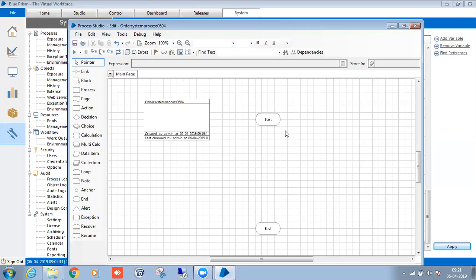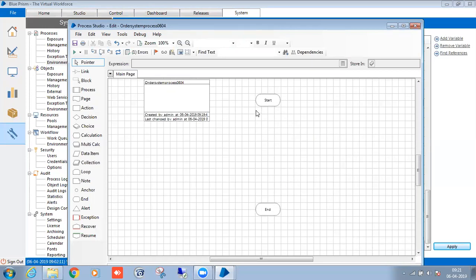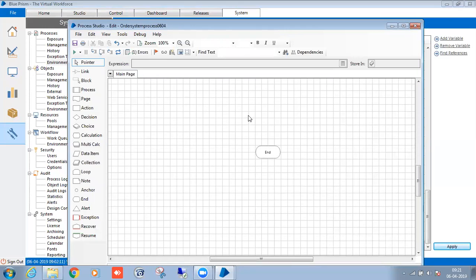So first I need to see a few things before that. Everything I can't include in the main page, right? So I need to check whether the credentials are right or wrong, then whether the Excel path exists or not, then how to get the Excel data, then how to interact with the objects.